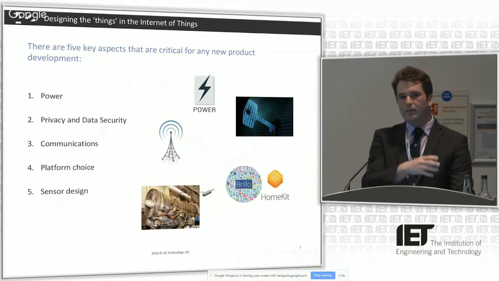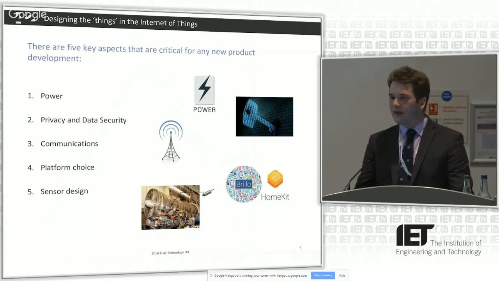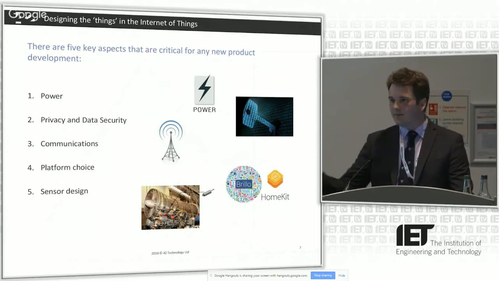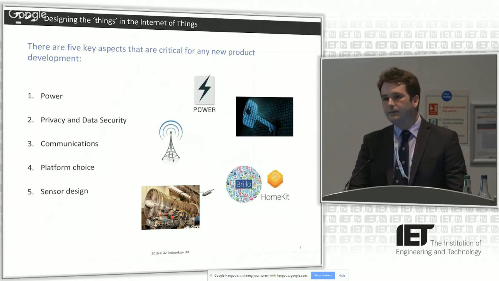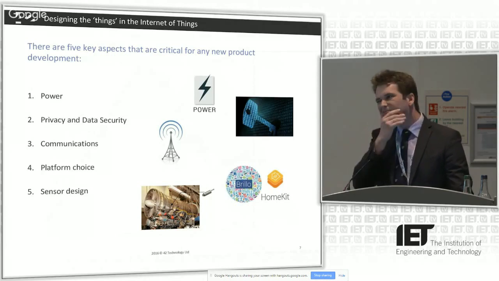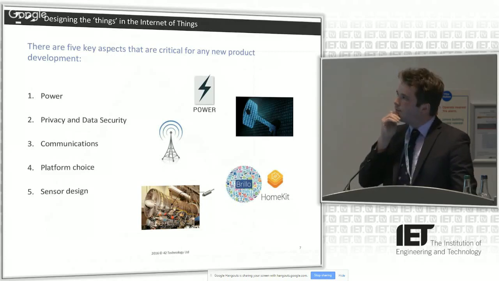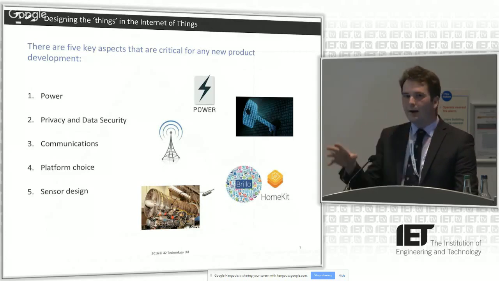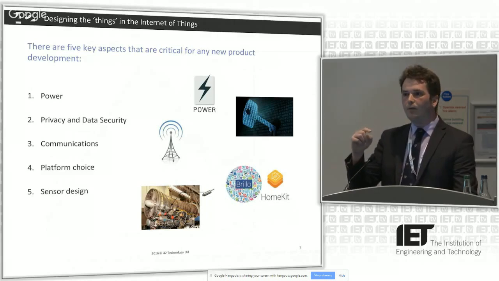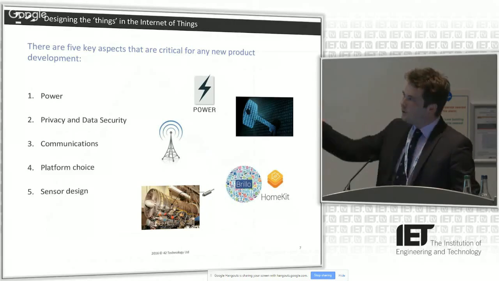In the same way that back in the 80s there was the battle between Betamax and VHS to be the de facto go-to platform. In the same way that Microsoft won the PC battle in terms of being the de facto PC system, and Android's arguably won against iOS in terms of being the wider, arguably, smartphone operating system. They're all out there, they're all competing for this, and you need to be aware of your exit strategy when you're creating your wireless product.